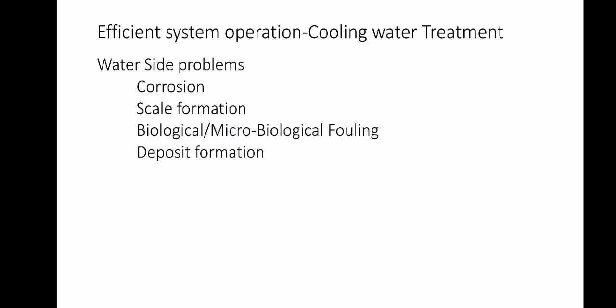First one, water side problems, which are corrosion and or scale formation, then biological or microbiological fouling, and deposit formation. The first one is corrosion. Being not a precisely understood phenomenon, it is a function of various factors, of which the following are the main factors responsible for promoting corrosion in the system: high salinity of the water, low pH, low alkalinity, presence of corrosive gases, mainly oxygen and CO2, and dissimilarity of metals. Well, those are the reasons for the corrosion. Corrosion can either lead to failure of the metallurgy and or deposit formation of corrosion products.